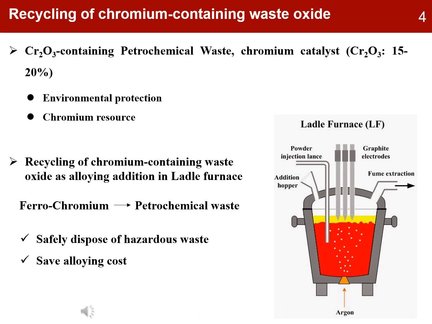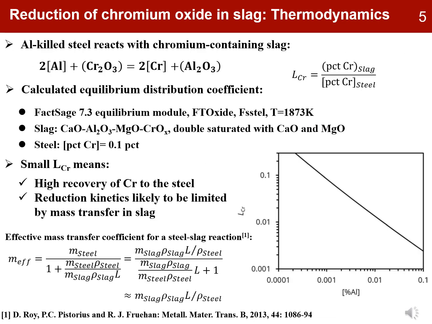So the idea is in principle simple. It's just add this as a feeder into the ladle slag and let the reductant in steel like aluminum or silicon reduce the chromium oxide and alloy the steel with chromium. And certainly thermodynamically it should work very well. For the aluminum killed steel reacting with chromium-containing slag,